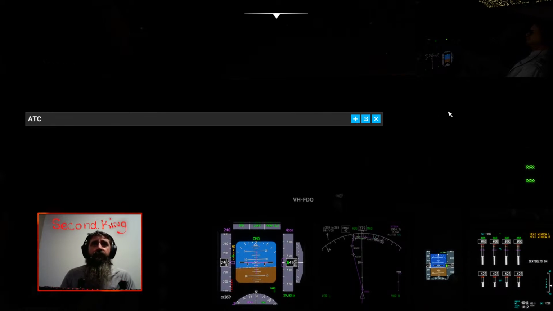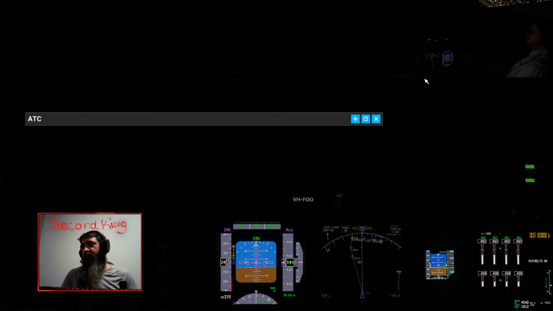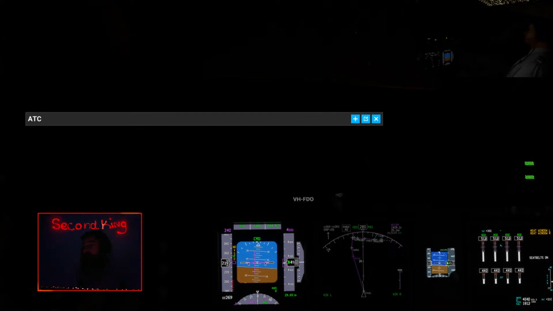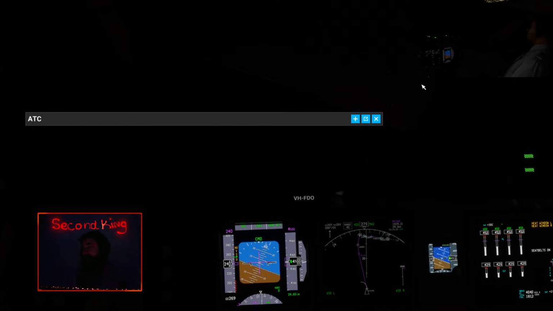If we were at a higher altitude, you'd be able to see the entire city. But because it's just at 4,500 feet, it's a bit difficult to see it. Hey Google, turn off the lights. It's about to get dark. Much better. I don't know what you're going to be able to see, but considering it's night time and I need to be able to land, we'll have a go.